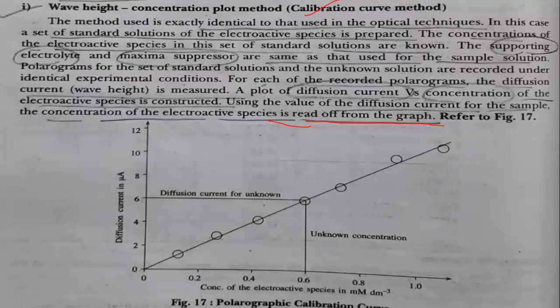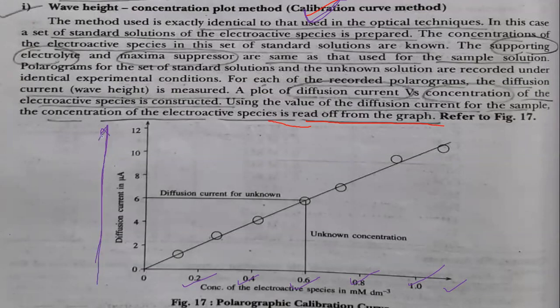Then what are we going to do? We are going to use the calibration curve method, same as in SYBSc, where at 2 to 3 places we have studied this. So what we are doing here is preparing solutions of different concentrations, like these concentrations in millimoles per decimeter cube. These are the concentrations prepared by you now, suppose. Okay, and you are measuring the diffusion current for these solutions which are now available with you. You are measuring the diffusion current, and you are plotting the graph now.